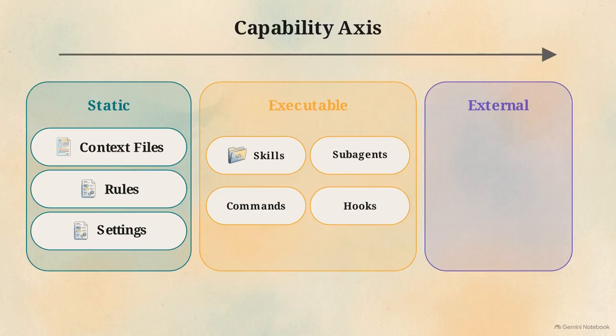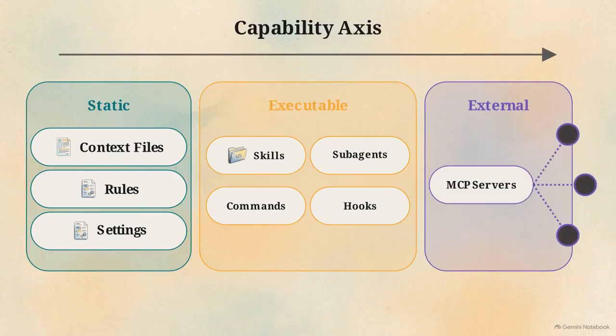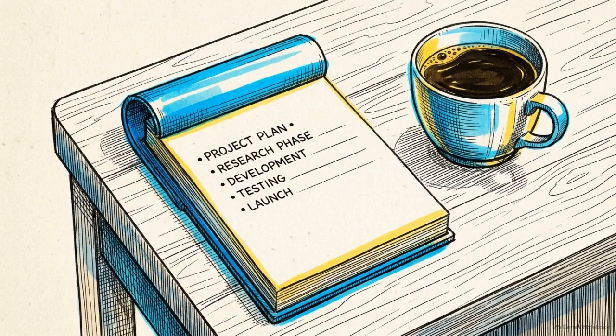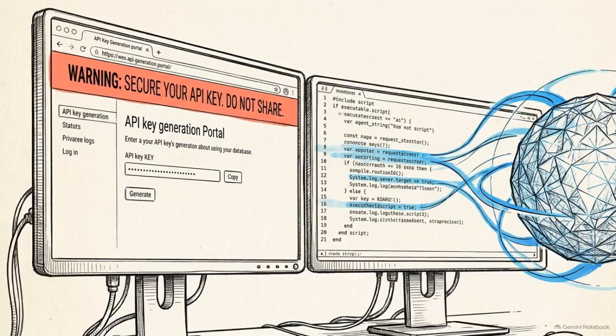Subagents act as parallel loops running in their own context to handle multi-step operations. Hooks operate as event callbacks triggered dynamically during the agent's workflow. Finally, on the external end, MCP servers connect the harness directly to outside APIs and external systems. The static end is cheap to author and carries low risk. The executable and external mechanisms require more trust and introduce a wider security surface area, but they offer significantly more